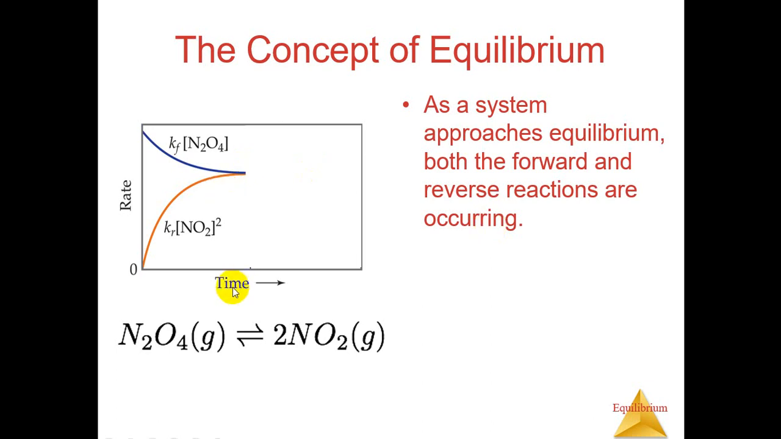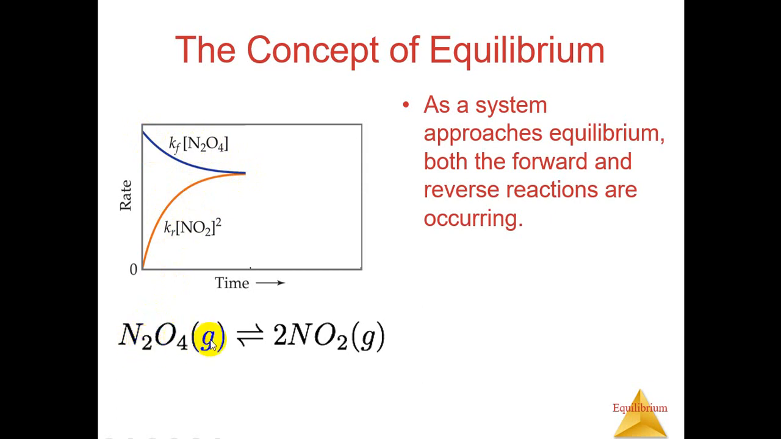So this is the time axis. This is the rate or the speed axis. We have the reverse reaction represented by this curved line. Then the forward reaction represented by this blue line. So this is the forward reaction. So we have the substrate is